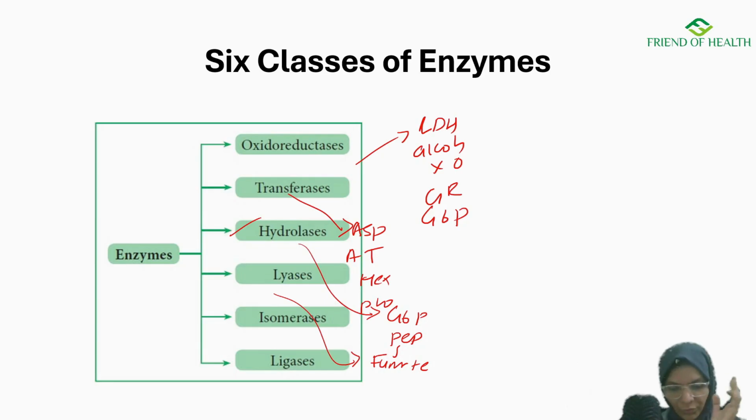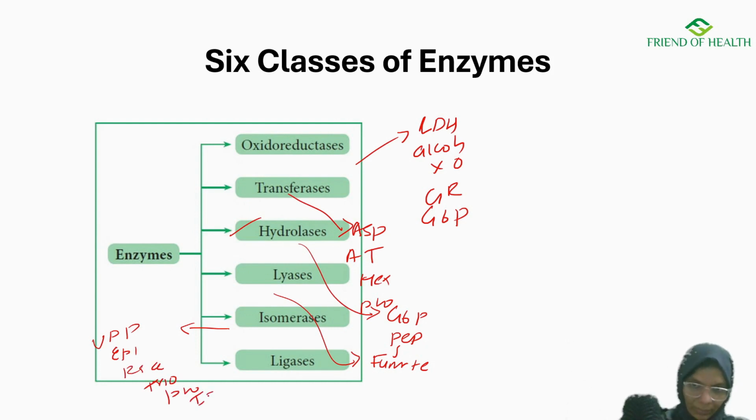Isomerases include UDP glucose epimerase, racemases, and triose phosphate isomerase. Then ligases include enzymes involved in joining substrates, such as RNA synthetase, glutamine synthetase and DNA ligase. Next one is